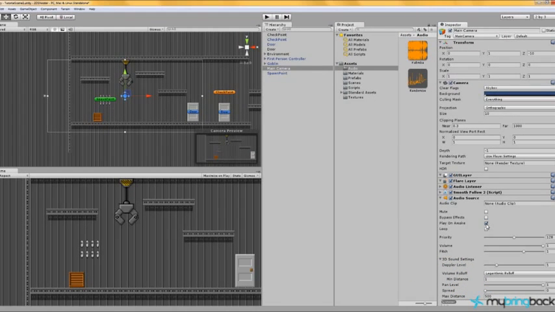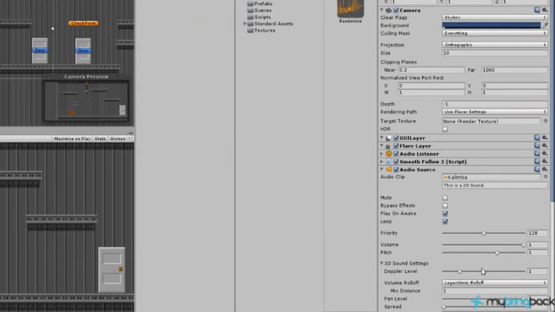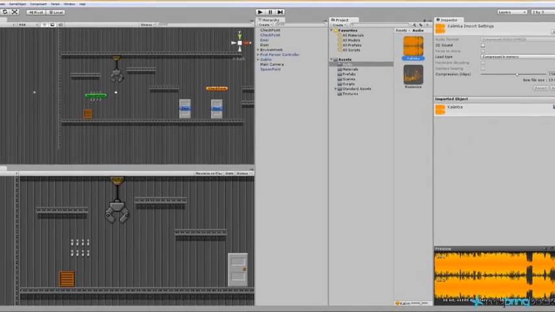We want the background music to play on awake, and we want it to loop. And then we can select our background music and stick it in there. It tells you that it's a 2D sound. And we're going to go ahead and turn the volume down. I'm going to set it to 0.5, okay? And if I go to this sound and I play it,